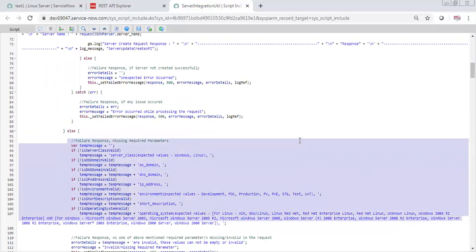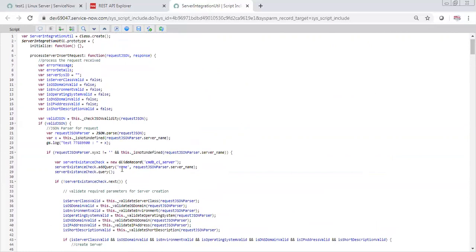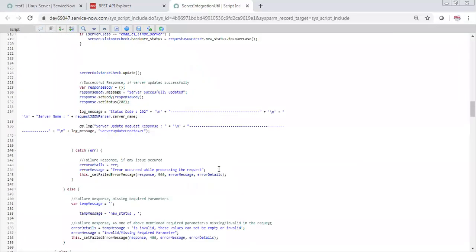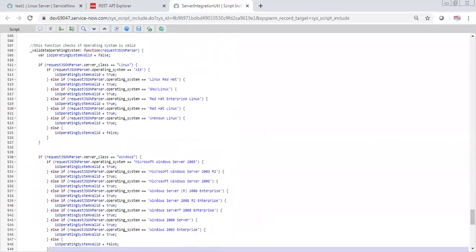So what I'm trying to explain here is structure. I try to define a proper structure and use a similar structure in most of the scripts, because it reduces at least 20 to 30% of my work. Structuring this huge code is a big task. If you see, this is 600 lines of code.